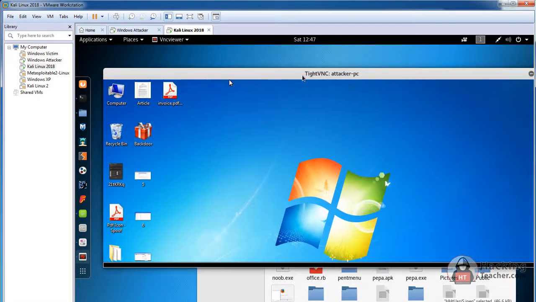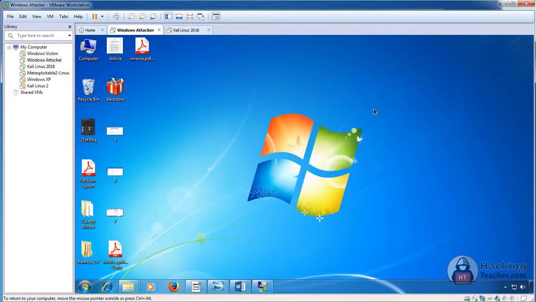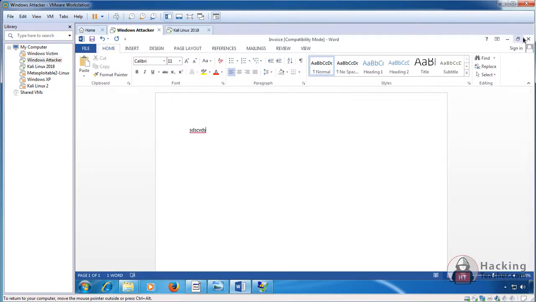So there are so many things we can do to control the victim through Metasploit, the same way you control from Ramcos. But this one is a little typical because you have to type commands for everything. This Kali Linux and Metasploit topic is very deep, which we will be covering in our next series. So right now I hope you got an idea how silent exploits work, but the one which I have is semi-silent, because it's not completely FUD, and it could not even run on the very latest 2016 version of Microsoft Office. But still I will call it semi-silent.